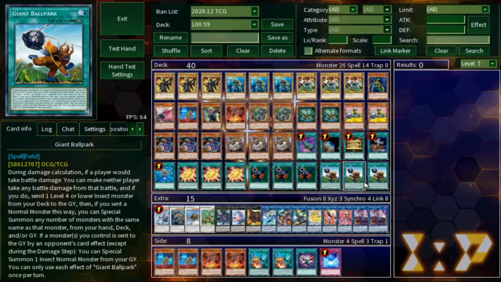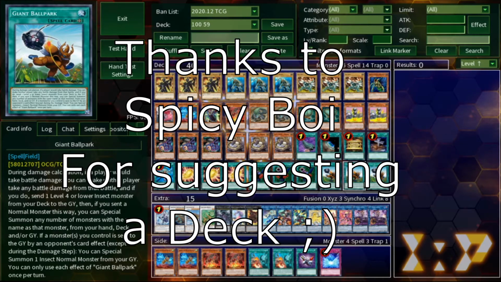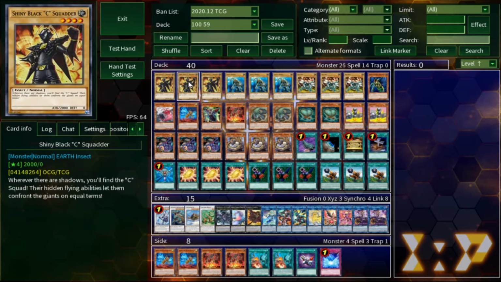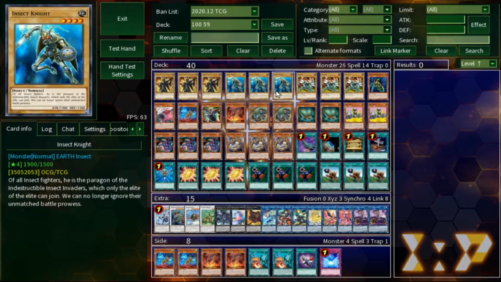So, we got ourselves a nice little deck here, as suggested by Mr. Spicy Boy. And we're just going to go ahead into good old YGOPro and show this deck off. But real quick, I'm going to go over the cards that are in here because I know some of you like to know. So, for our monster lineup, we're running 3 each of Shiny Black Sea Squatter, Insect Knight, and